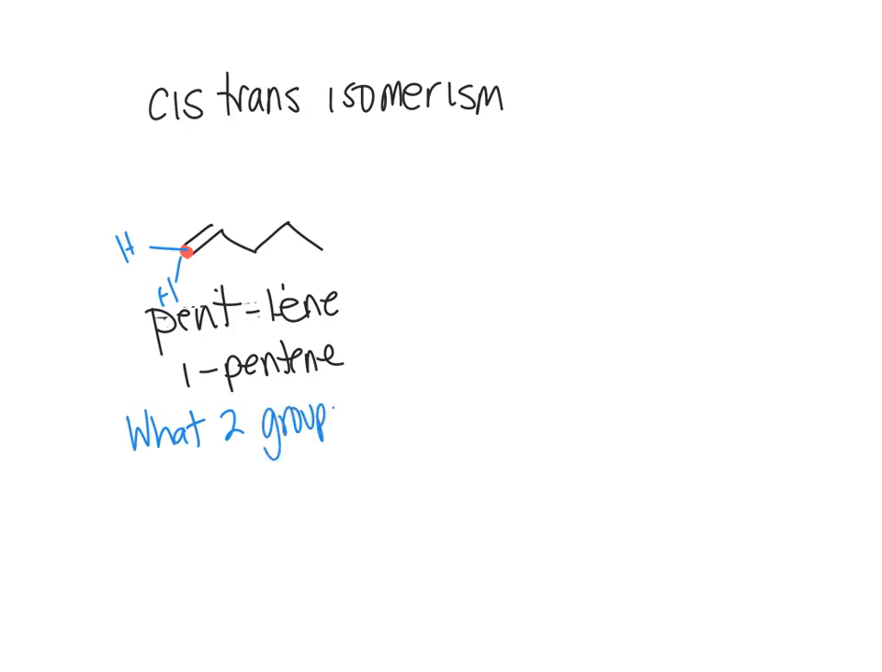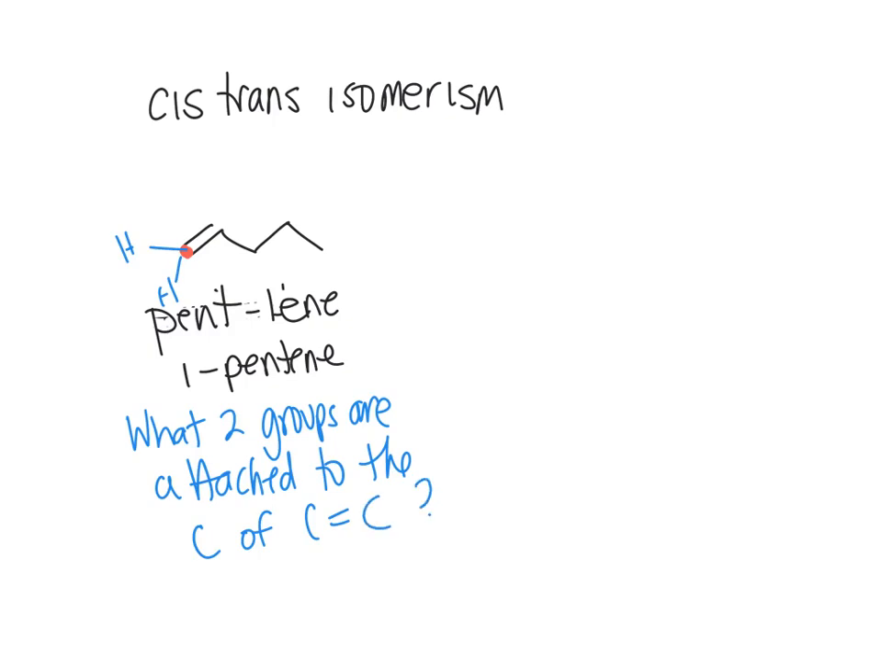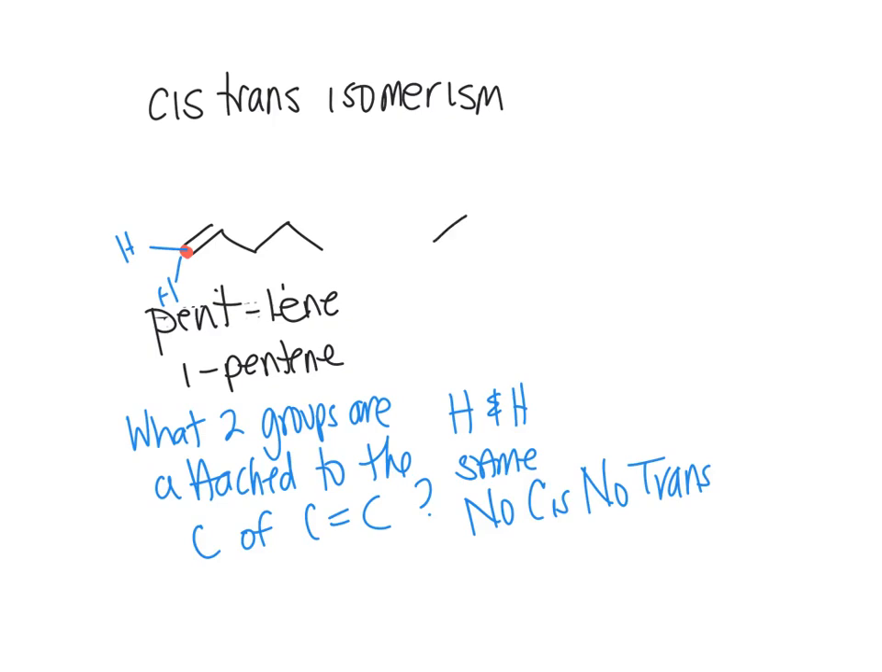what two groups are attached to the carbon of the carbon-carbon double bond? And so in this case, it's hydrogen and hydrogen. So if they're the same, then they have no cis and no trans isomerism. So if you get a compound, and you don't have to go to the next one,